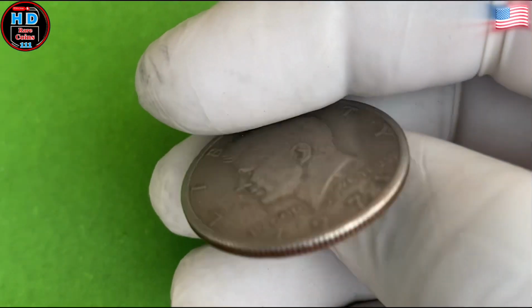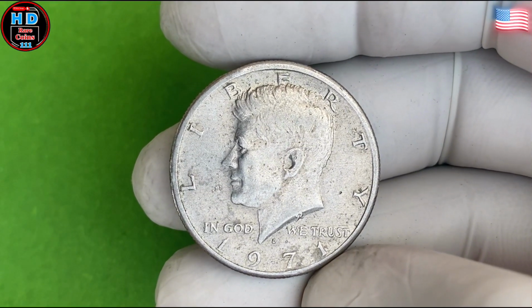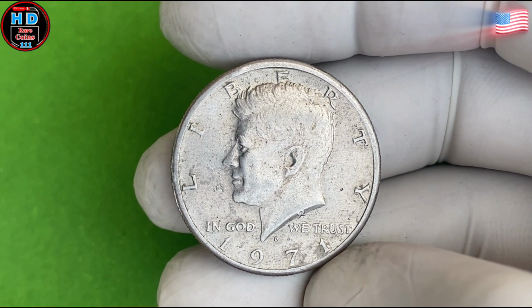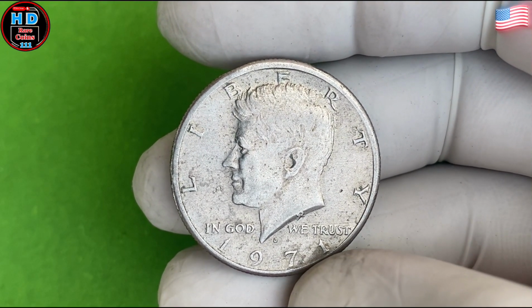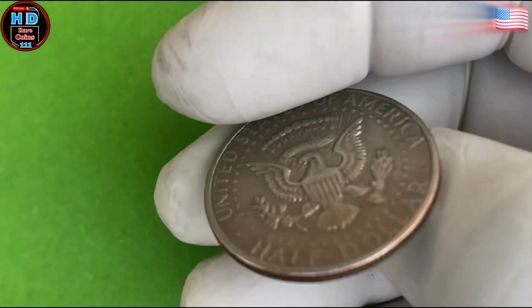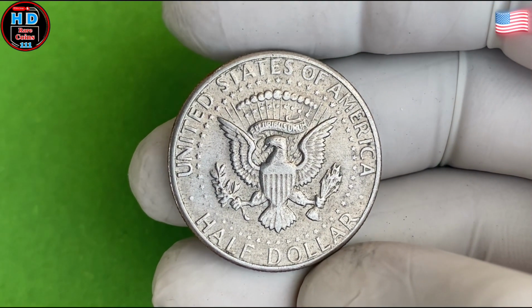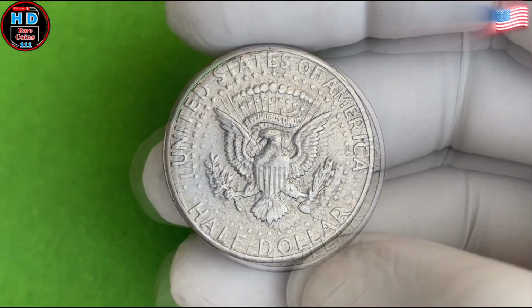As for the price range, most 1971 Kennedy half dollars are valued at just a few dollars, especially if they are in average circulated condition. However, if you're lucky enough to find one in pristine, uncirculated condition, or if it happens to feature a rare error, the value can increase dramatically. A 1971 Kennedy half-dollar in excellent condition or with a minting error can sell for much more than the typical